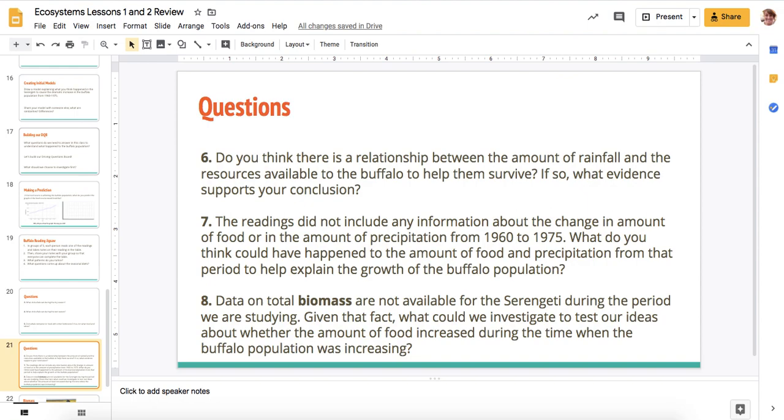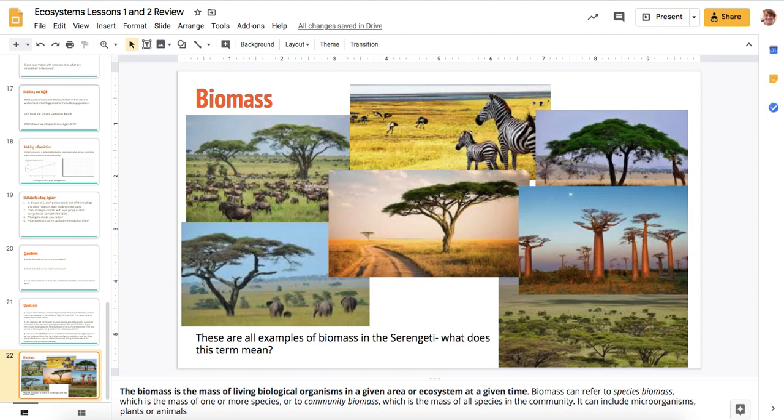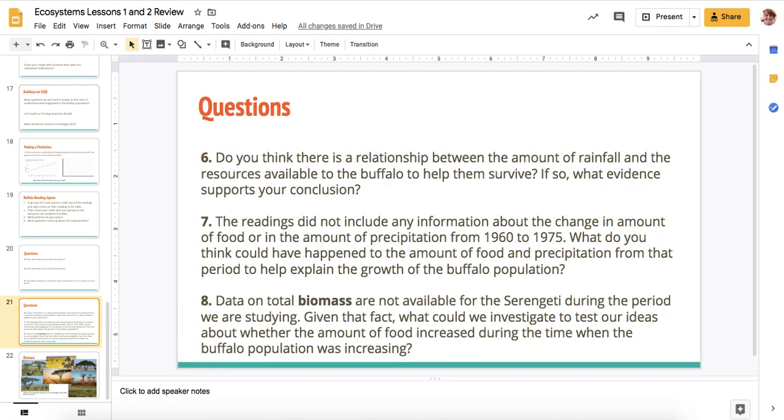So we decided to define biomass and then to look at whether there were any significant changes in the climate for Serengeti during this time, to see if maybe that was causing the change in the buffalo population. That's where we ended lesson 2, and we're going to start lesson 3 looking at